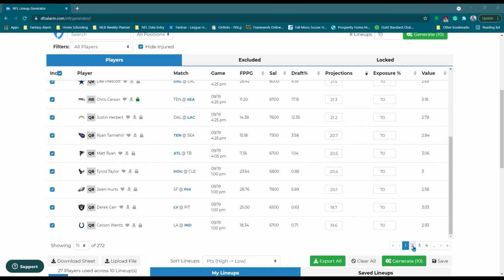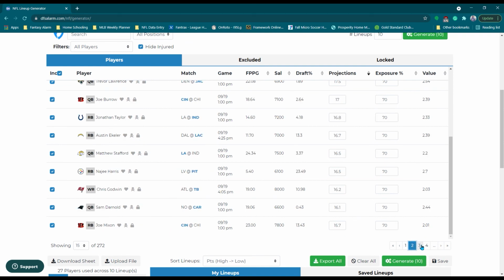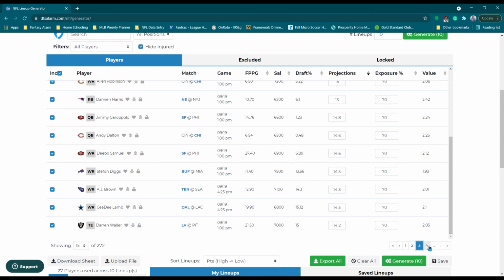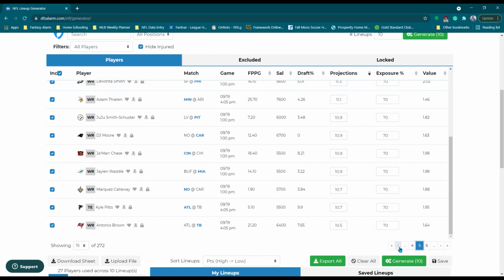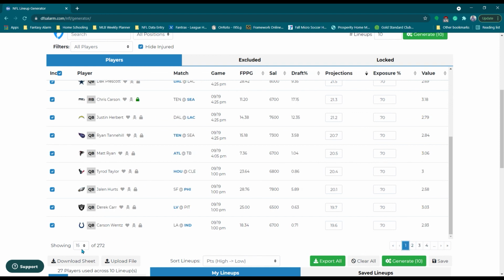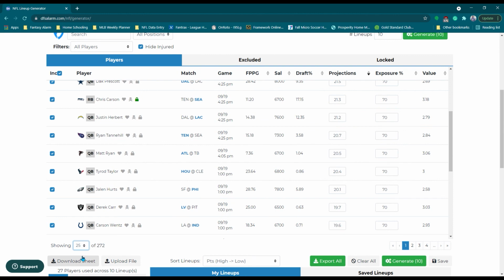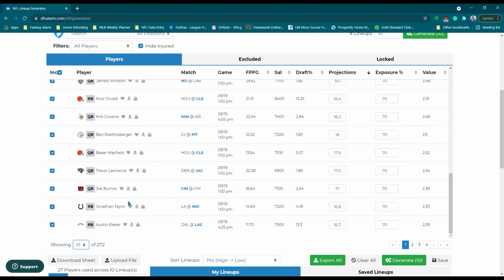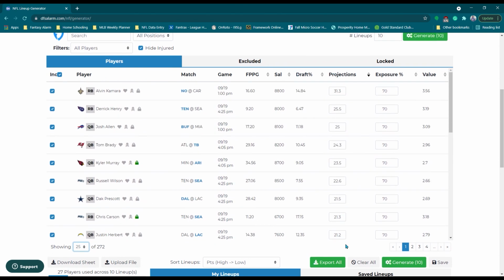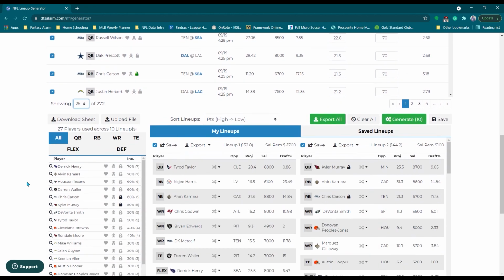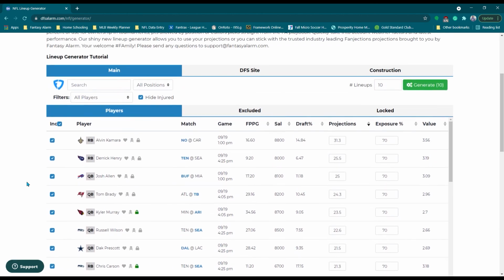One other quick thing, we did paginate the player pool, so to keep going, there are plenty of pages over here, and the other thing you can do is set it to default to a different number of players to show. They are set to default to show in projection order from highest to lowest, but you can sort by almost all of these columns here. So that is a quick run through for the NFL lineup generator on